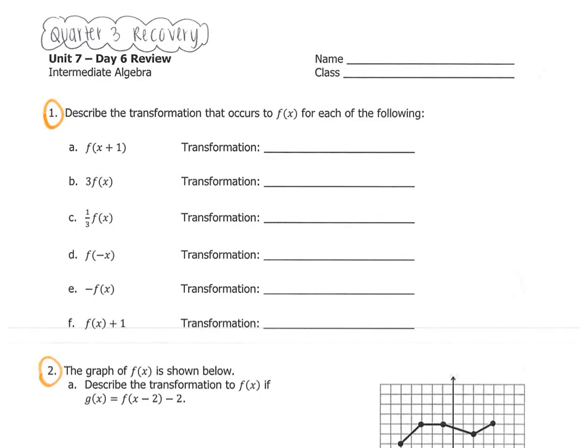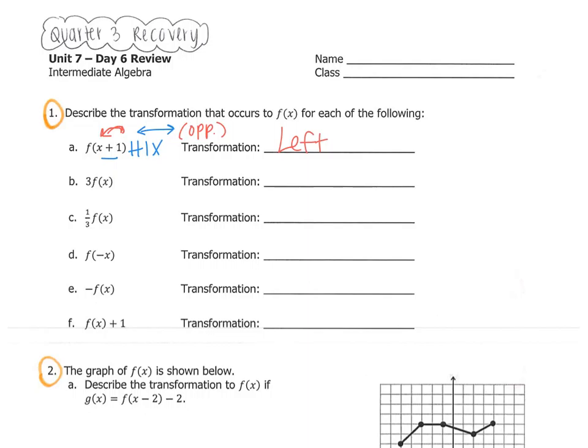Alright, so number one is just a basic transformations description. So we're going to use Hicks-Voy a lot here. If I have a +1 on the inside of parentheses, that means it's Hicks, which means that we can move right or left. If it's inside the parentheses, we actually do the opposite. So +1 typically means move towards the right, except this time we actually have to move towards the left. Again, when we shift up, down, left, right, if we're talking about left and right, it's the opposite direction